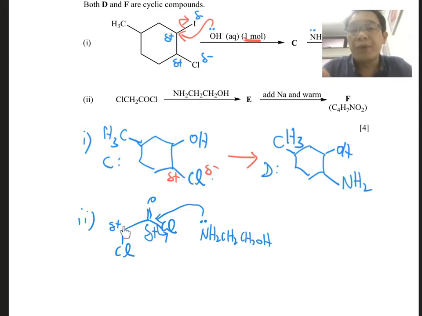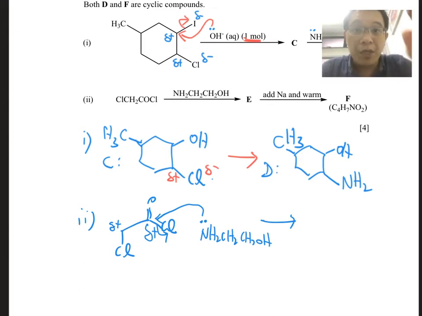Now, if you want to break this bond, the only way is you must use heat. What's the reason? It's a relative comparison. This is very delta positive, so it reacts under room temperature. But if you want this one to react, maybe you need a more drastic condition, like, for example, some heat. So that's why the first step, your E here,